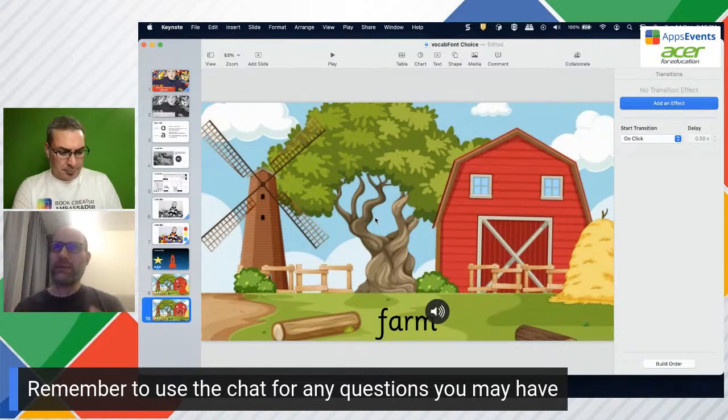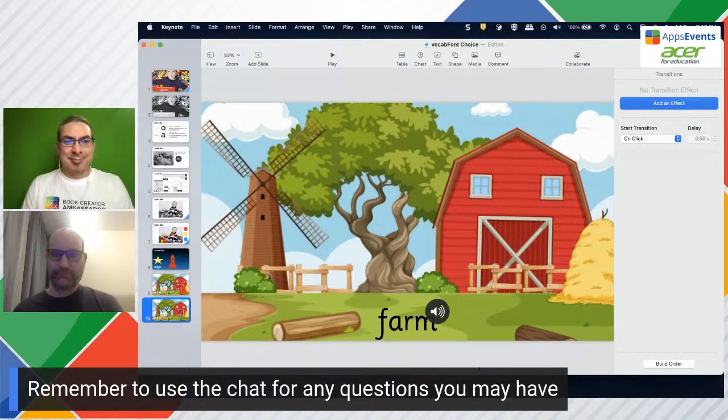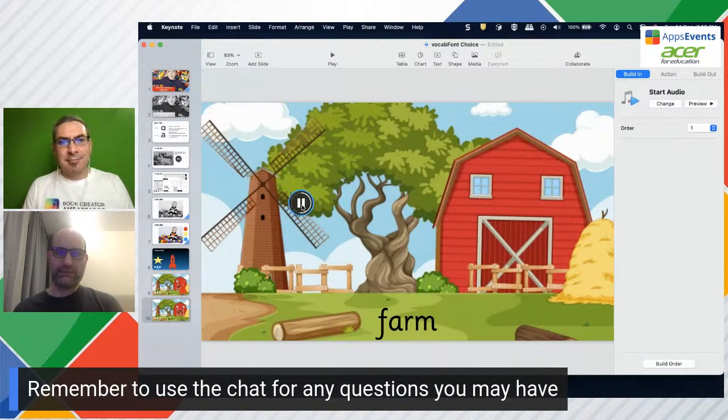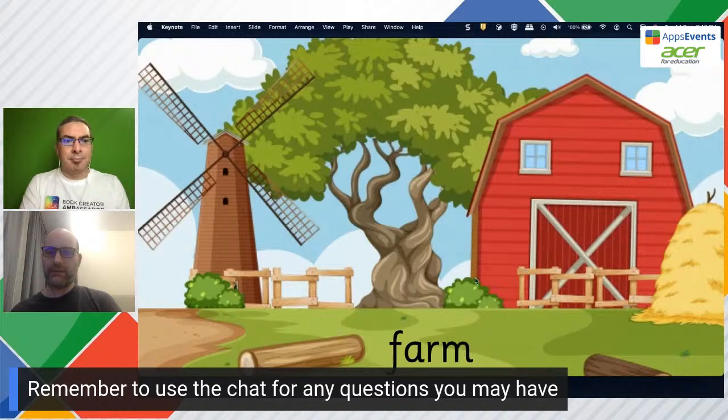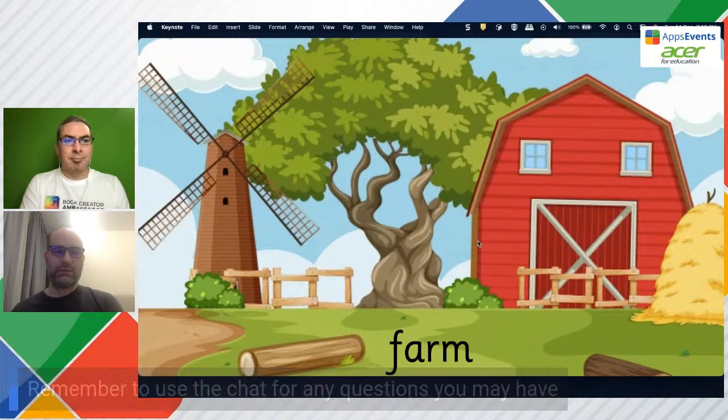Now, there is a bit of a limit on StreamYard, and I would stress that you may not be able to hear what's going on. I can hear it perfectly clearly, but because of the way the screen shared. So this here, if you just got it in the basic mode, you can just click on it, and a student will very quickly learn that icon means I can hear the word. And again, I'm using Sassoon here, so we can do it. So in this mode, it works like this, but just be aware in Keynote, it does disappear, and you have to do the clicks here.